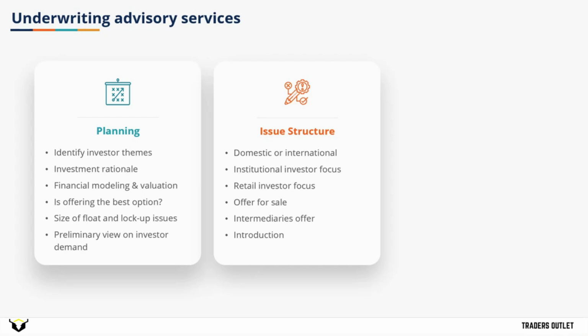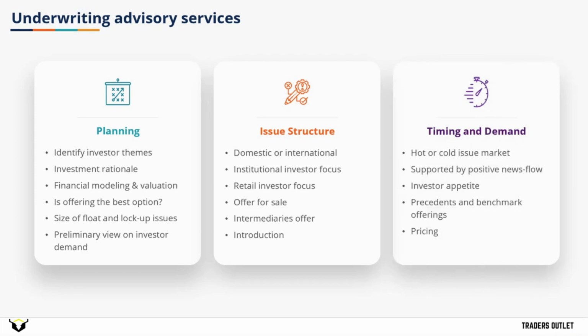And then the third category is timing and demand. This is where the advisor or the investment bank will really get a sense of how much demand there is for this opportunity. It will depend on a lot of things, both the business itself and what's intrinsic to that business, but also external factors as well, such as what's going on in the broader market. And all of this together will combine to inform pricing for the deal. And in the next lesson, we'll look at how an order book is built and how the deal is ultimately priced and sold.